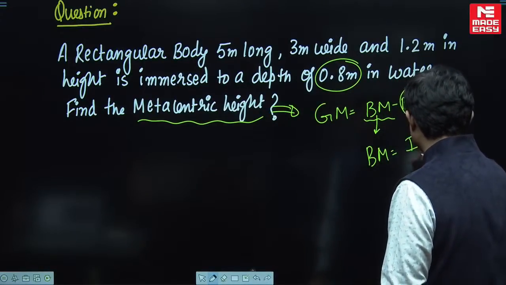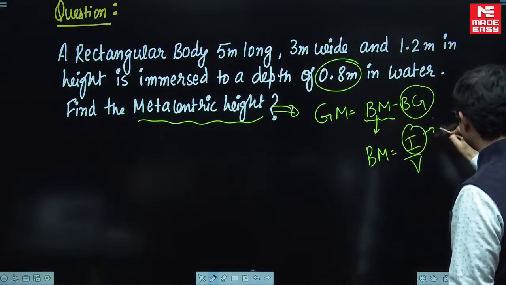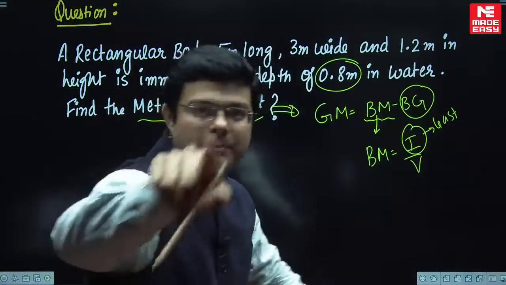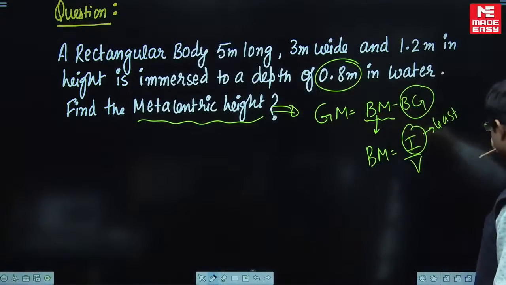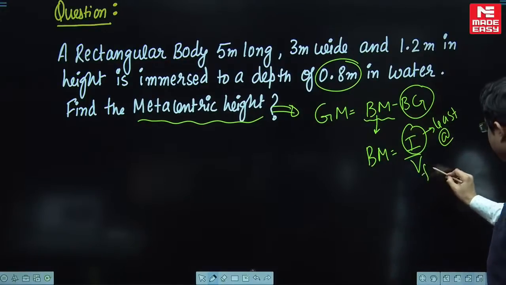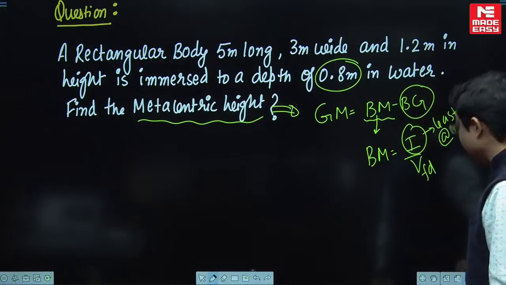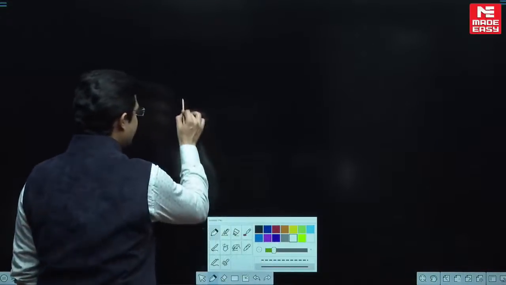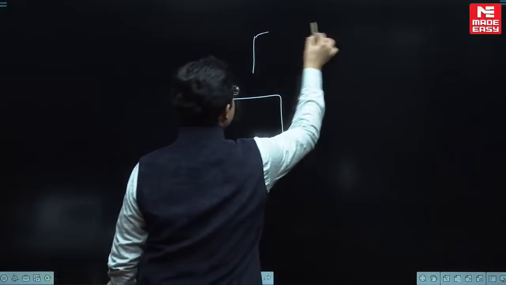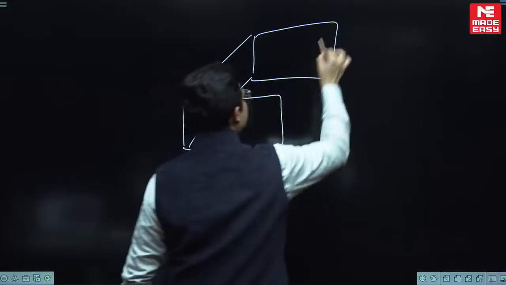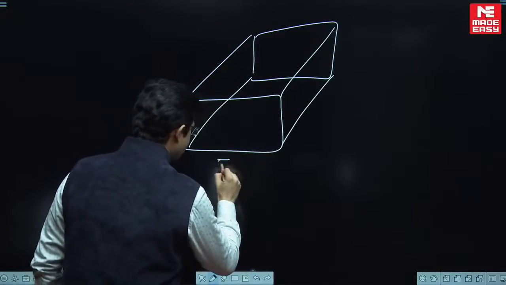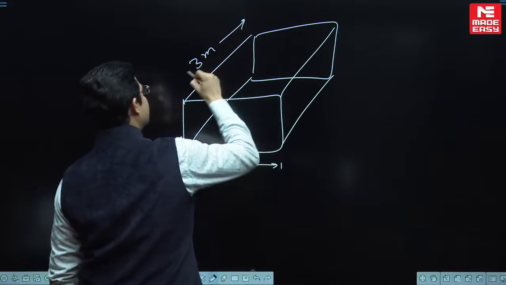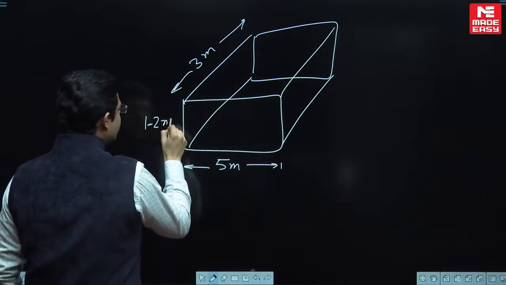BM is I by V, where I is the least moment, or in other words the rolling moment of inertia. Remember the class, the rolling moment of inertia about the axis formed at the free surface, and V is the volume of the fluid displaced. Wonderful. So therefore what he is saying in the problem, let me make the diagram. There is this rectangular block, that is 5 meter long, 3 meter wide and 1.2 meter in height,